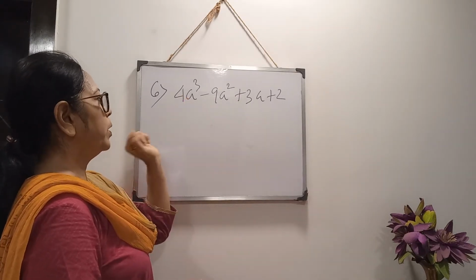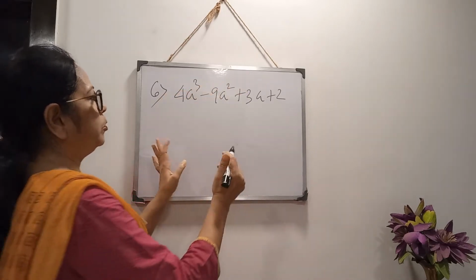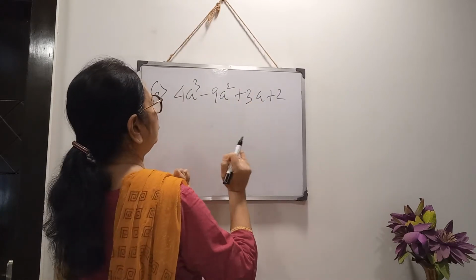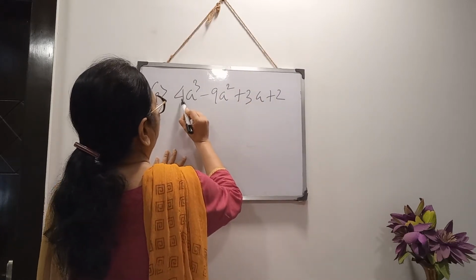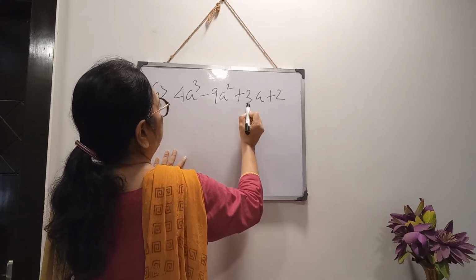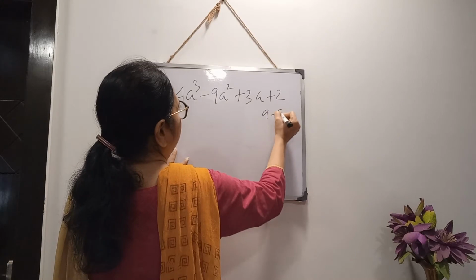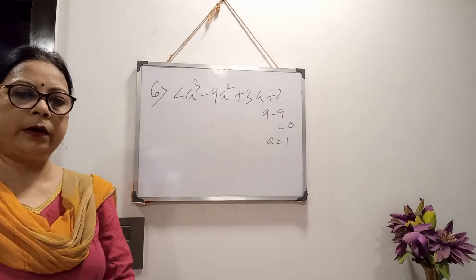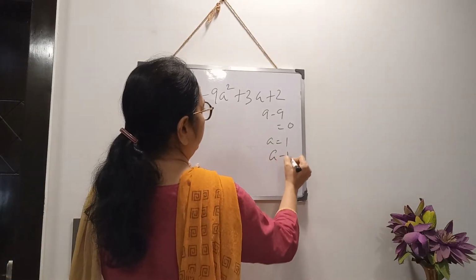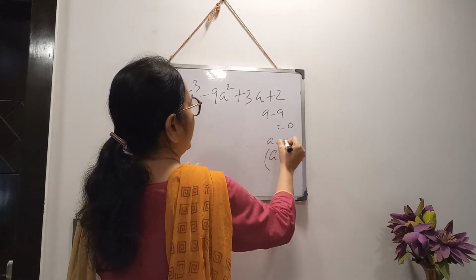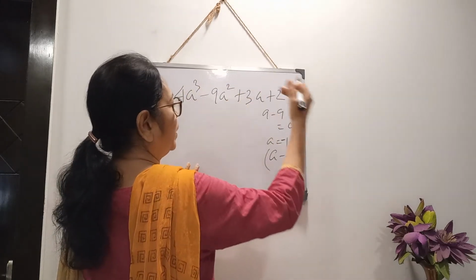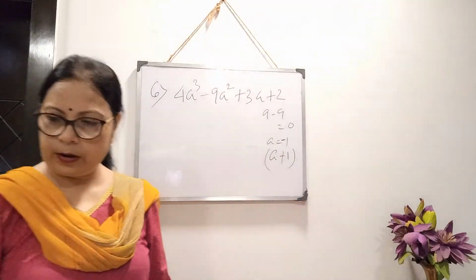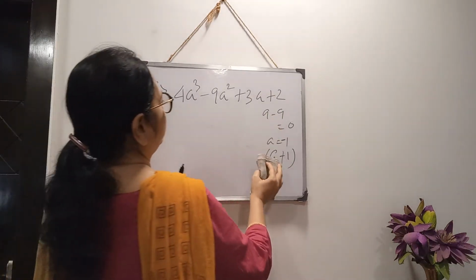First I will put plus 1, a equals to plus 1. In rough you have to show, if I will put a equals to plus 1, then whole this expression is coming 0 or not. So a equals to plus 1 means 4 plus 2 6 plus 3 9 and minus 9. Yes, 9 minus 9, 0 is coming. How? By putting a equals to plus 1. Clear? So your one factor will be a minus 1. If by putting a equals to minus 1 the whole expression will become 0, then one factor will be a plus 1. Clear? By trial and error method you have to find out.